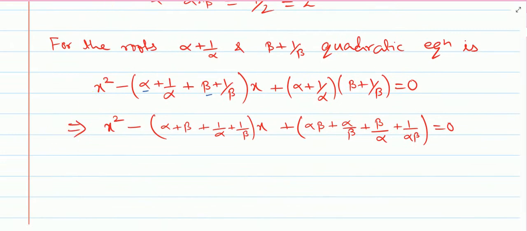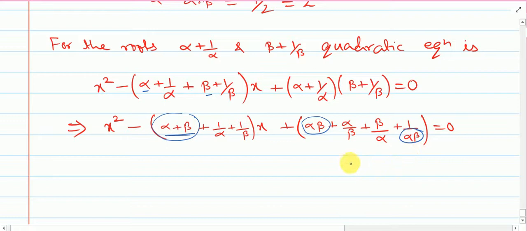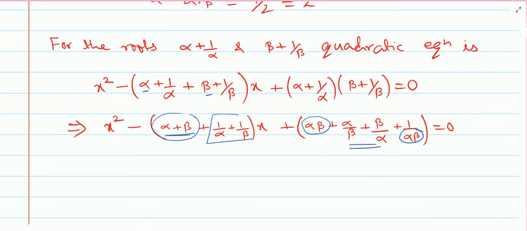So here you can see that alpha plus beta is known to us, so you should not do anything to this. Alpha into beta you know, alpha into beta you know, so you should not do anything. But for these 1 by alpha and plus 1 by beta, okay, you should take the LCM, or you can say cross multiply, and then try to get an expression which will contain alpha plus beta and alpha into beta. Same goes for these two also. Okay, so let's see.